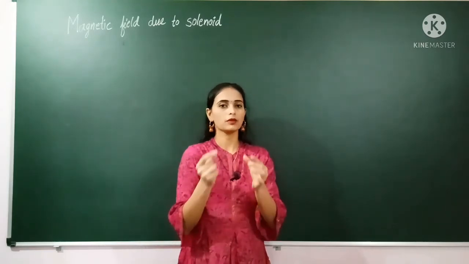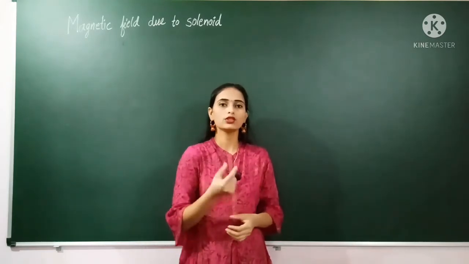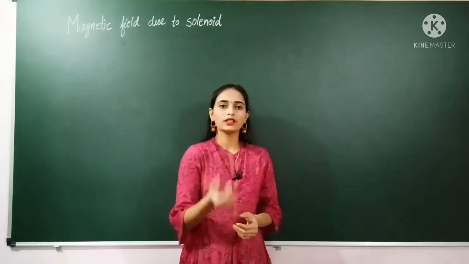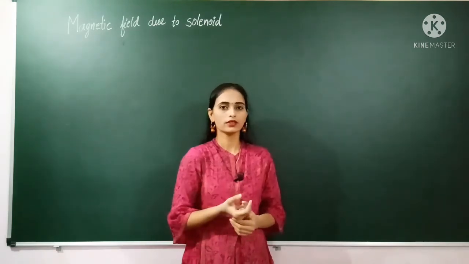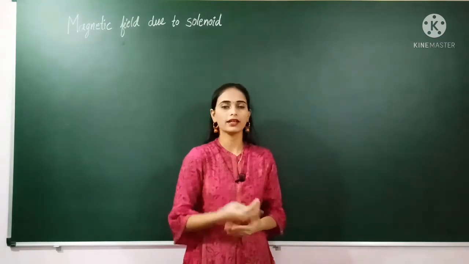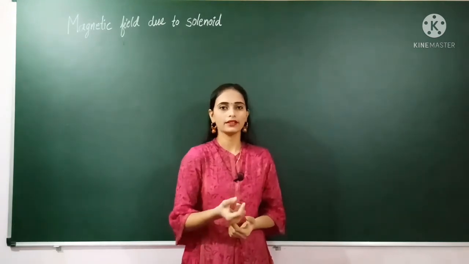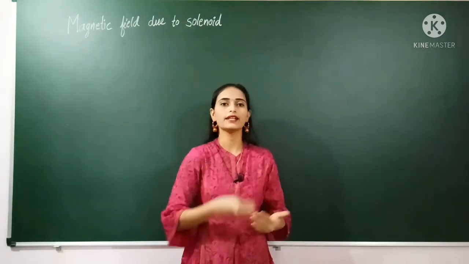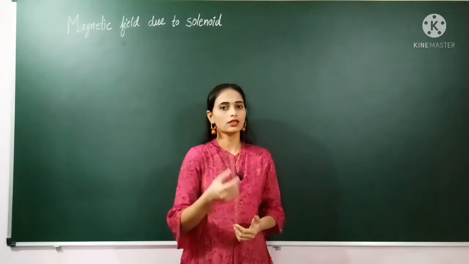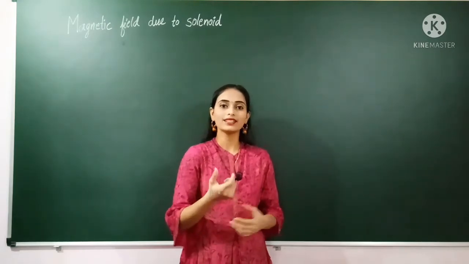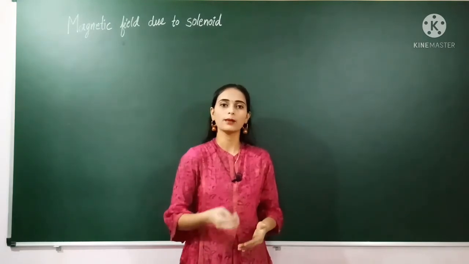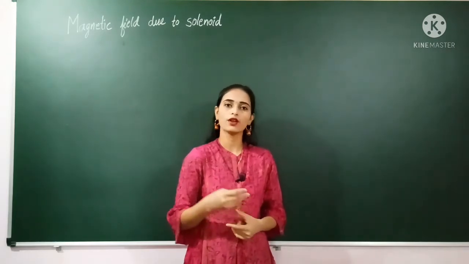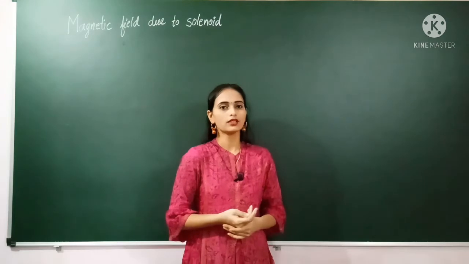That structure is called the solenoid, and this solenoid is also called an electromagnet because it is created with the help of current. By passing current in that wire we can create a magnet, or it is also called an artificial magnet. Whenever you pass current in that wire it will give a magnetic field. So we can generate the magnetic field artificially by passing current in that wire. So it is called an electromagnet, an artificial magnet, or a solenoid.